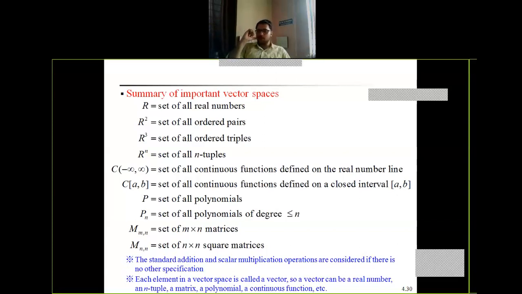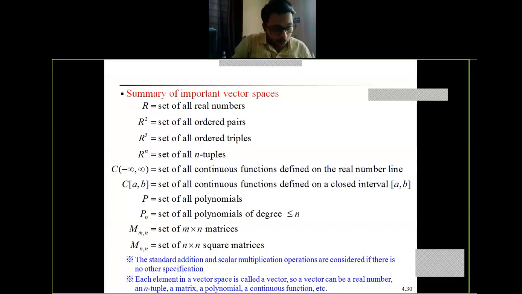Okay, or it is existing between that closed interval A to B. Though you don't know, if you are getting what I am saying, though you don't know the concept of subspace, I will say at this point, C of A comma B is the subspace of C of minus infinity comma infinity. Please just take note of this statement. I'll be noting this point in this lecture only, that I have made this statement earlier.